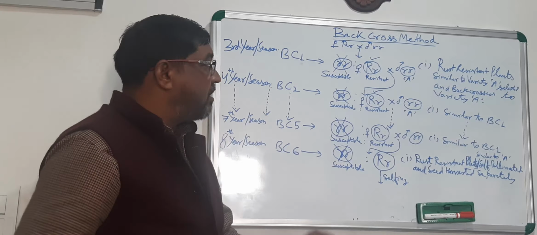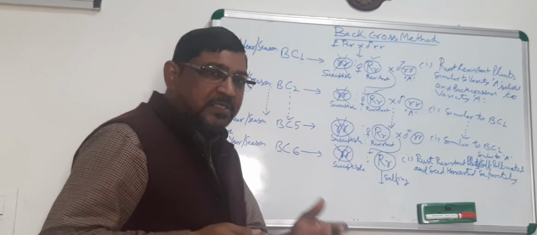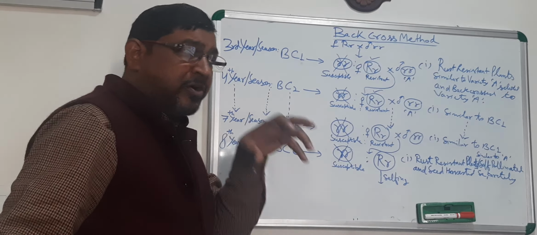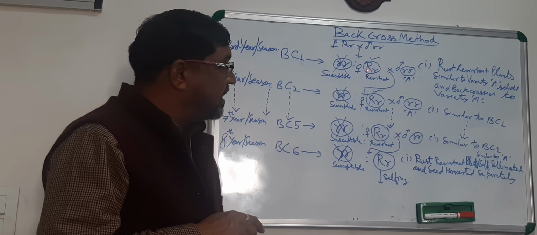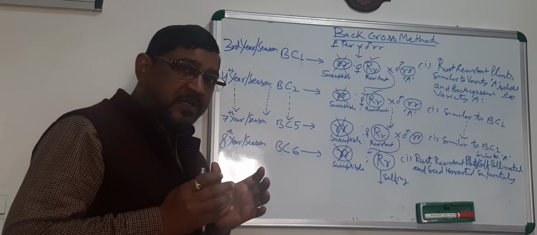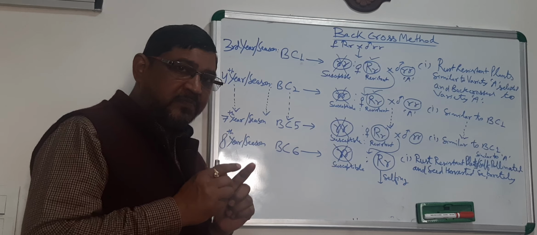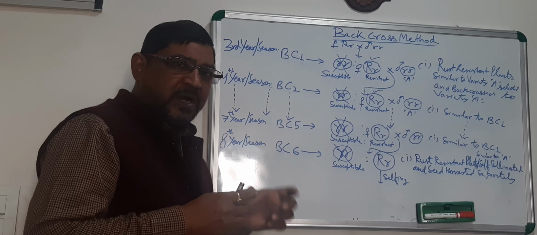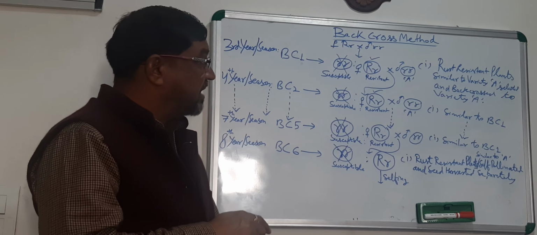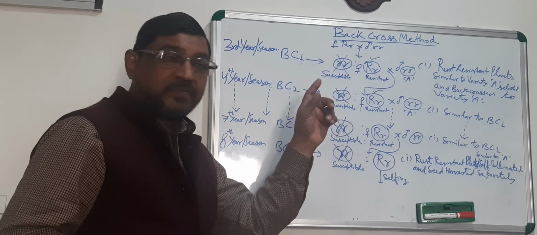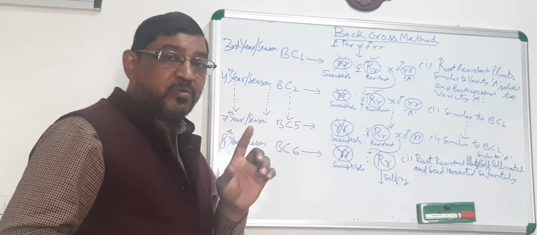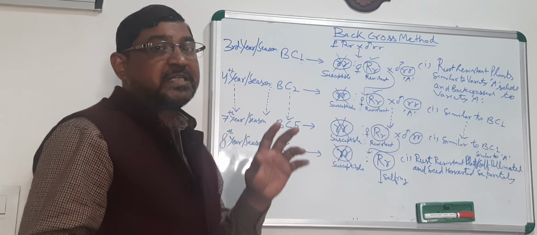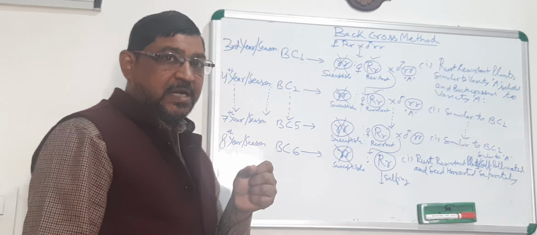So what you are going to do, all the susceptible plants you are not going to select, you are going to reject susceptible plants. So what is your work? You have to see in BC1 the resistant plants, you inoculate the inoculum, and you be very sure the plant which you are going to select is resistant, capital R, small r, this one. You have to be very sure. Once you have inoculated and it has shown resistance, it means it is capital R, small r. So you select that plant.